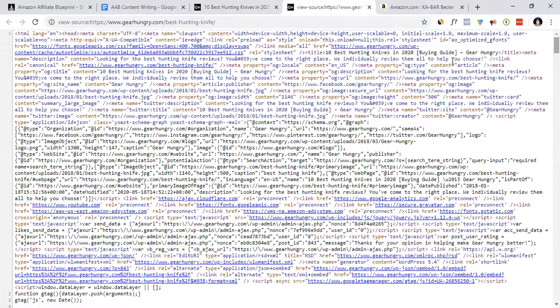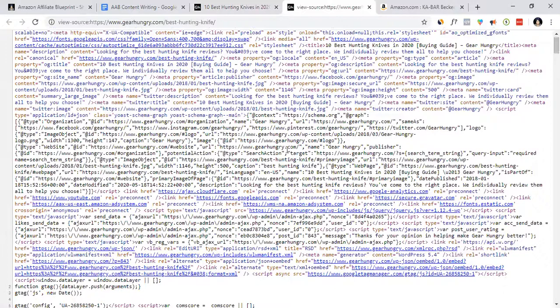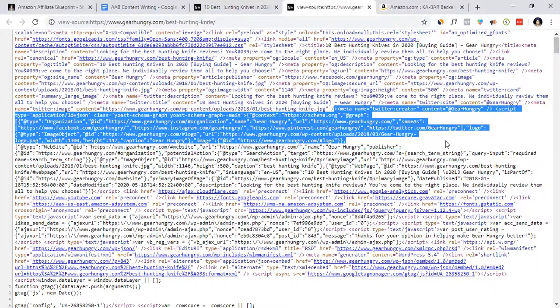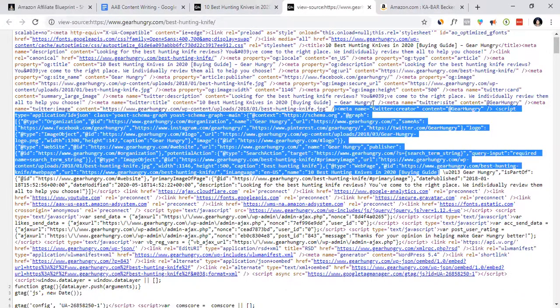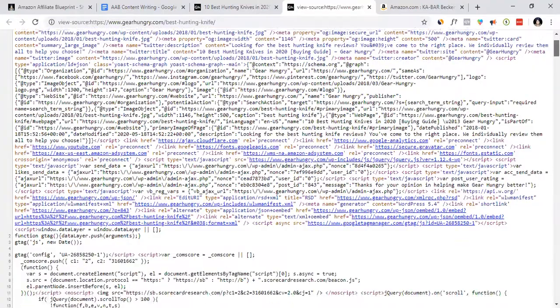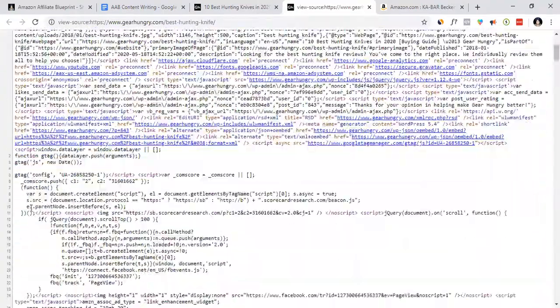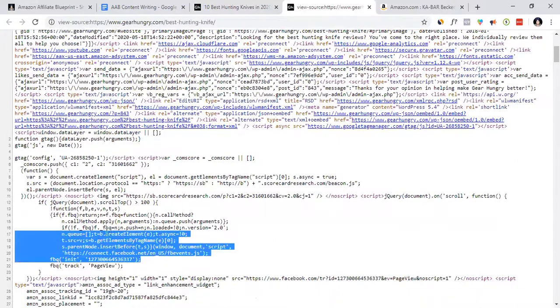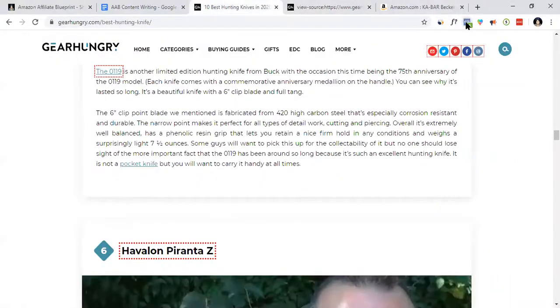Now let's go over to their website code. Let me tell you how you can see these things. So this is the meta, the social meta you can say, the Twitter card. Everything they are inserting, I don't know which company or which plugin they are using. Then they are using analytics code over here. They are also using Facebook Pixel, maybe for retargeting purposes. Wow. Let's see if they are running Facebook ads or not.